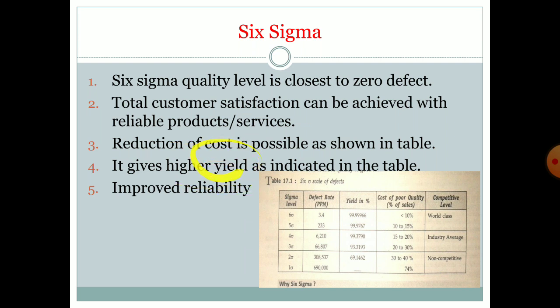What is meant by yield? Here yield means what we give as input to the organization and what the company gets as output from that input. So higher yield means more output from the given input, so it is related to efficiency. Overall we can get improved reliability in our system. If the process is Six Sigma, then we can say that there is the least variation and the process is close to zero defect. By using these two aspects, less variation and a process close to zero defect, we can set the reliability of our product in the market, and our product becomes reliable to the customer.